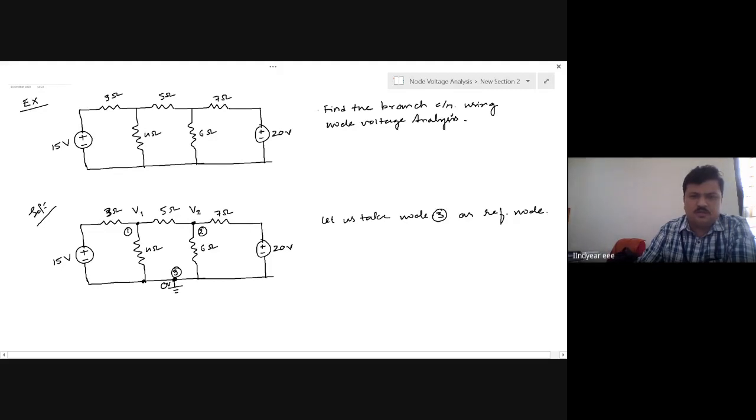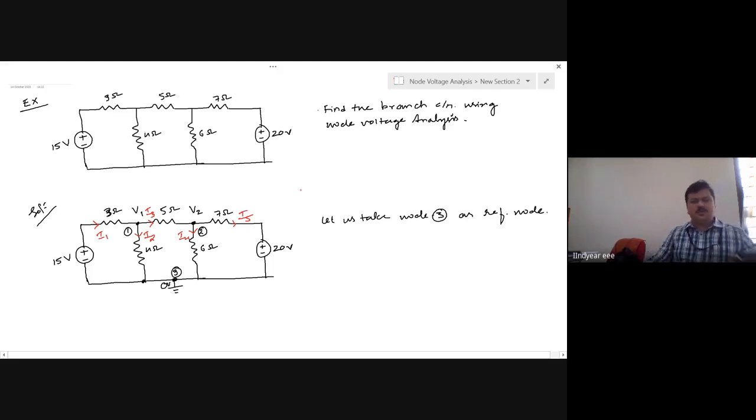At node 2, let the voltage be V2. So we have done this now. Now I should be assigning the branch currents. Let this be I1, I2, I3, I4,